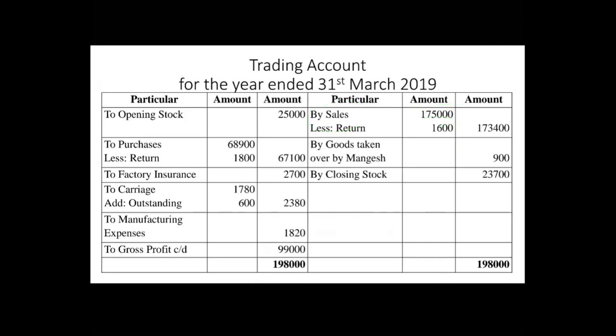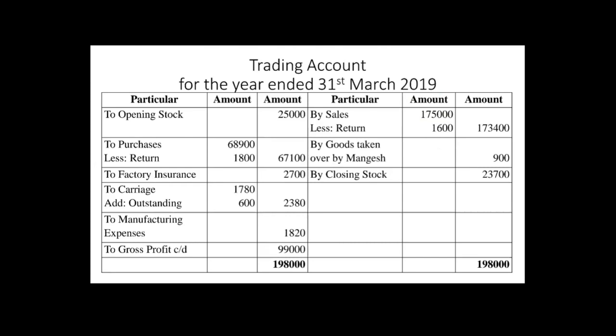1,73,400. So when you get both, try to calculate that, deduct the amount and put that amount so that you do not forget. Sometimes students forget and their gross profit comes out wrong. And because the gross profit is wrong, all the problems get wrong. Okay, so when you get the return and you get the amount of sales, or you get the amount of purchase and you get the amount of sales, calculate it right there, deduct that amount and put it in the second column, so that you will not forget to do the calculation.